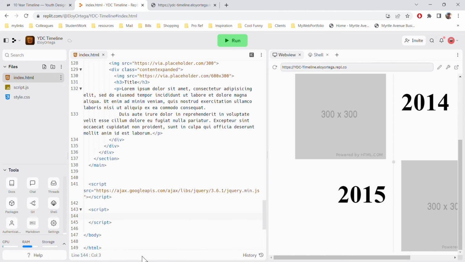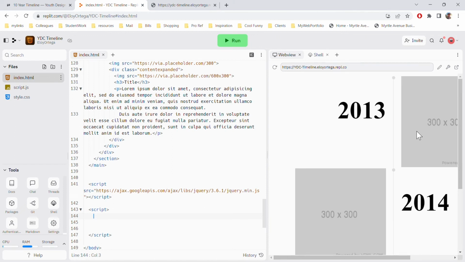So first things first, I want to build out the functionality for the click event. Right, so when I click on this whole row over here, I'll see these square images be replaced with the big content underneath it, or hidden within it. So here's how I'm going to start that off. So let's add in a comment that says expand, and then I'm going to create this thing over here,